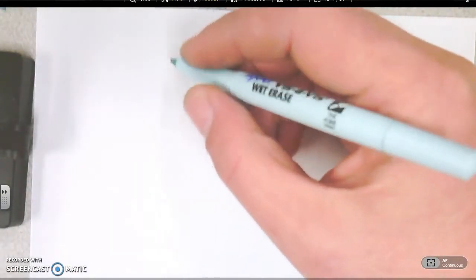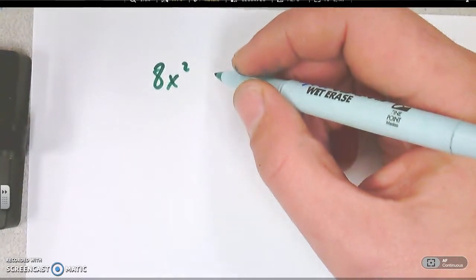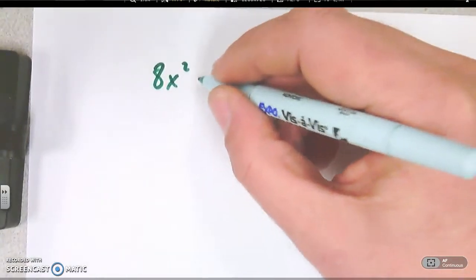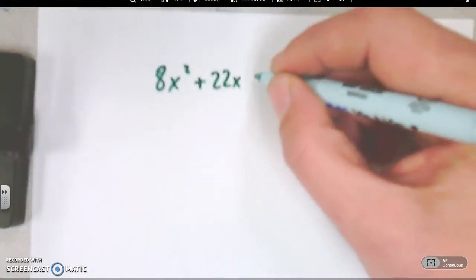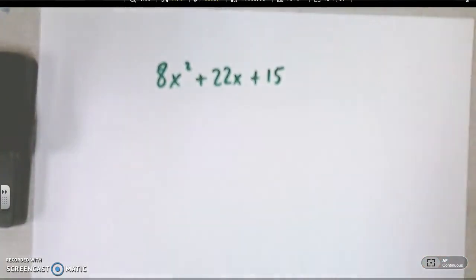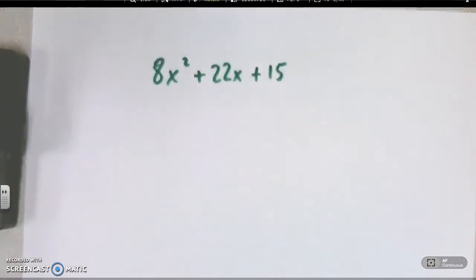Now, the way we handle this, let's choose one. Let me go ahead and write it here. This one's going to be 8x squared plus 22x plus 15. Now, the good news is this is the same exact method. The bad news is because 8 is a coefficient here, we have to look at factors of 8 and factors